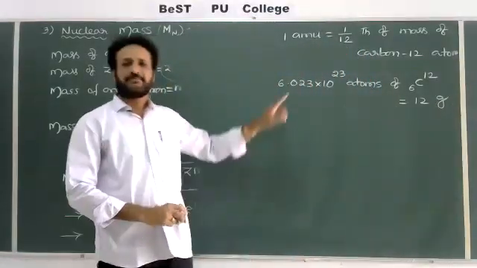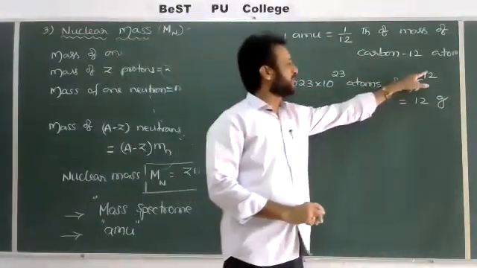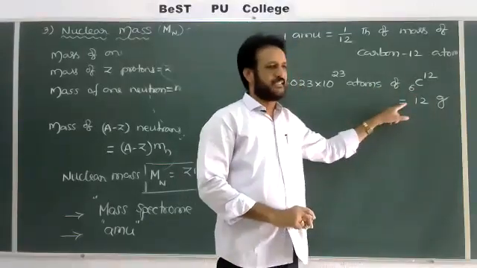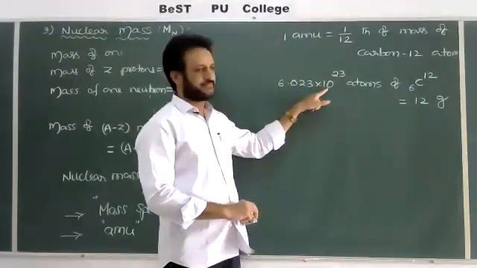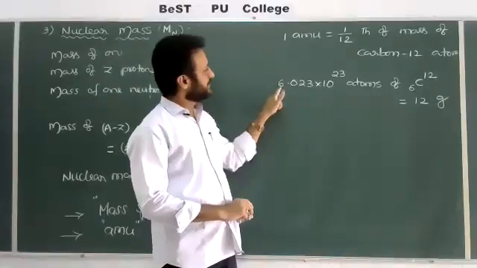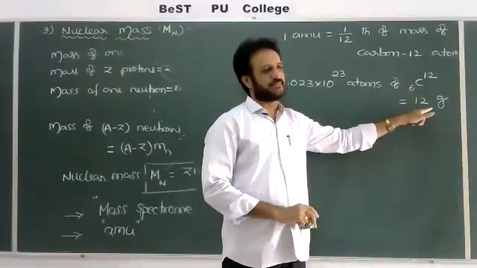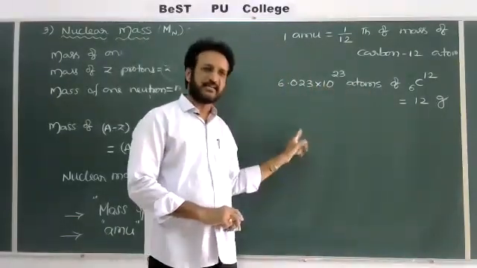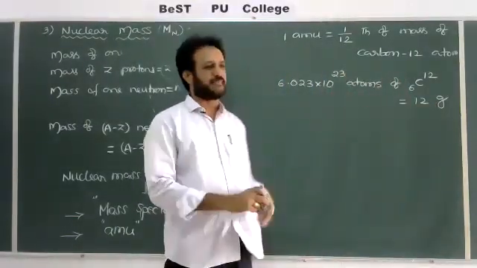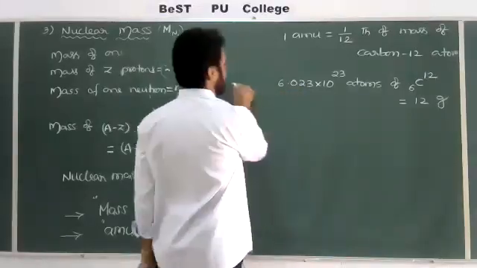Avogadro number of atoms of carbon-12 contains 12 grams. Then what is the mass of one atom? 6.023 × 10^23 atoms of carbon-12 is equal to 12 grams. Then what is the mass of one atom? Take this value to the right side, it gets divided. Then you can write the mass of